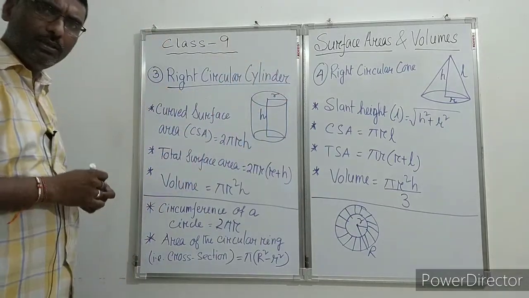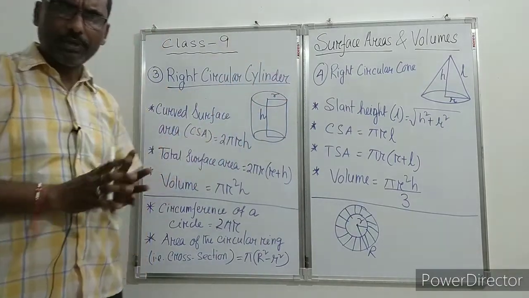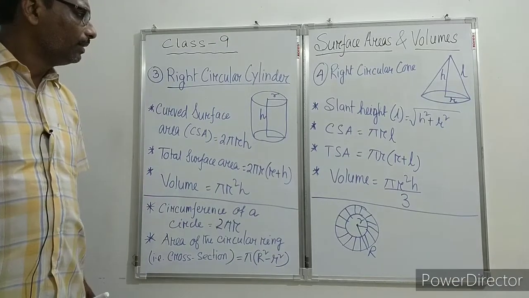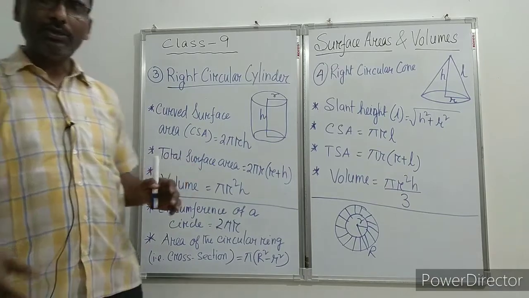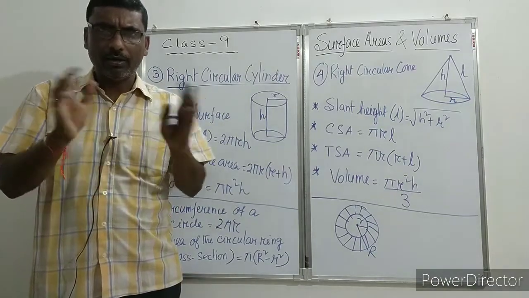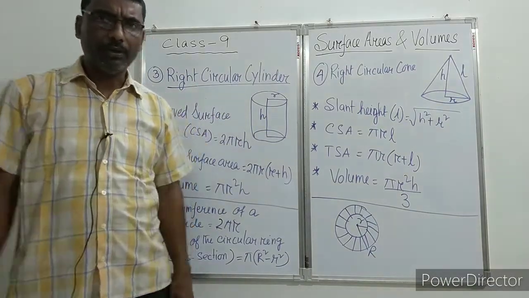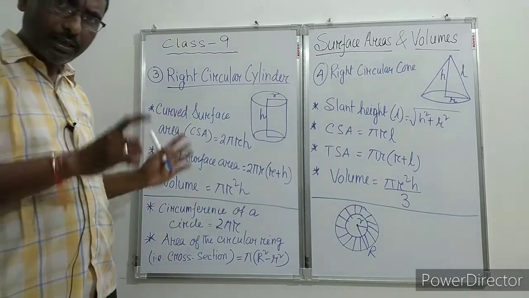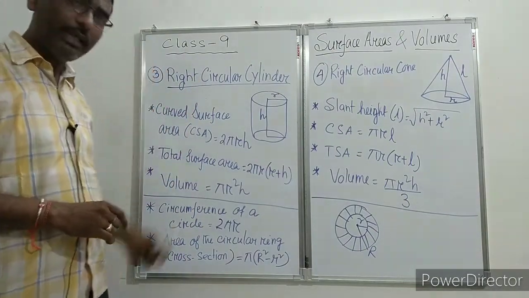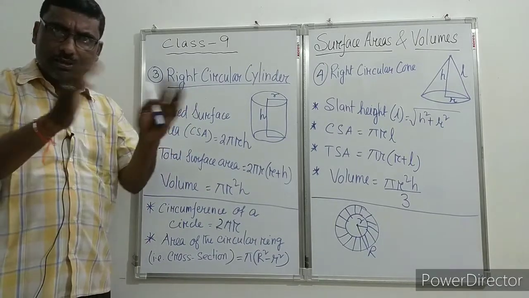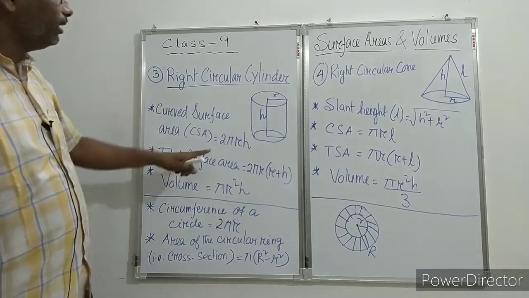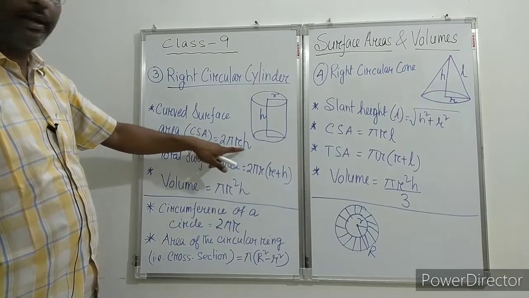Cylinder, everyone you have seen, like circular pipe, plastic pipes, water pipes and all this. Then ring you have seen. So here you will see the cylinder's body or surface is curved, not like the rectangle, cube or cuboid. So that's why it is called curved surface area. That means the side areas. The formula is 2 pi r h.